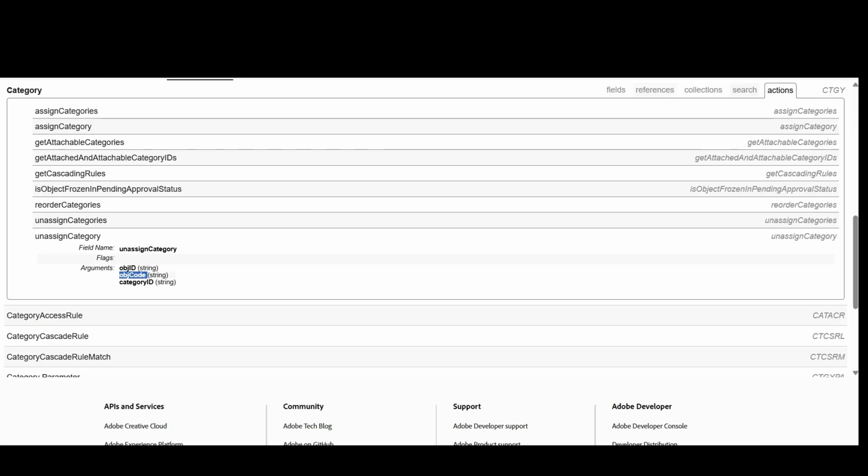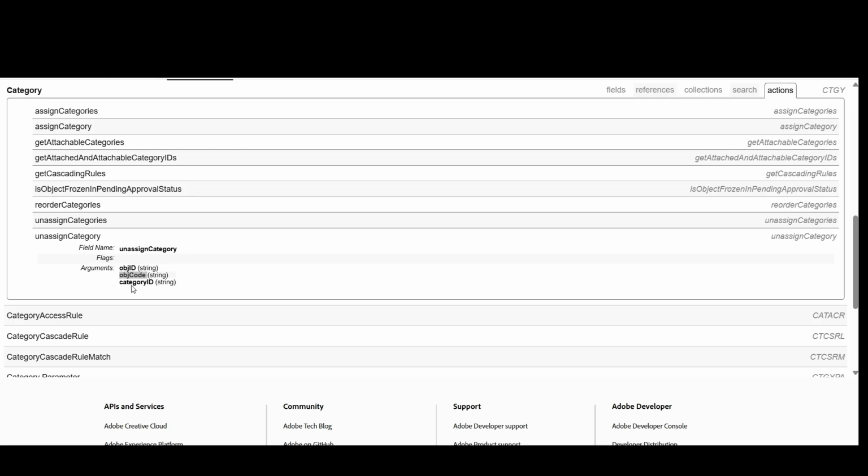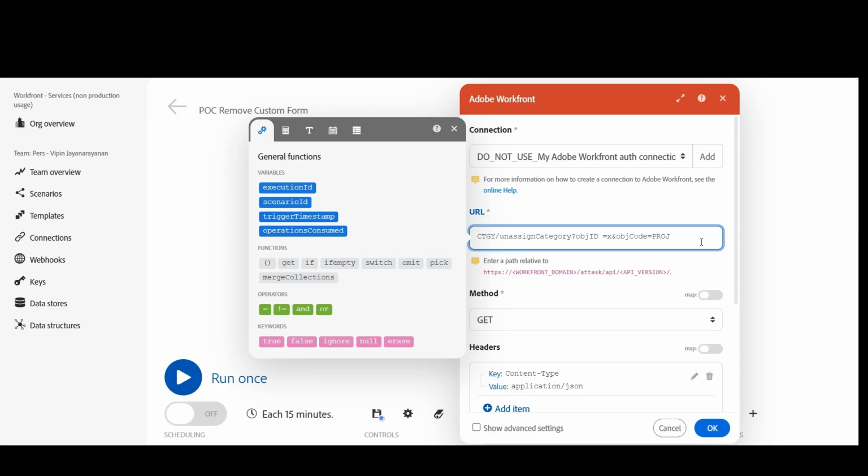And obj code. Obj code is nothing but equal to, we know the obj code, right? This is nothing but the code of the project, which is proj. The object code, proj. Now what else do we have? Category id is nothing but